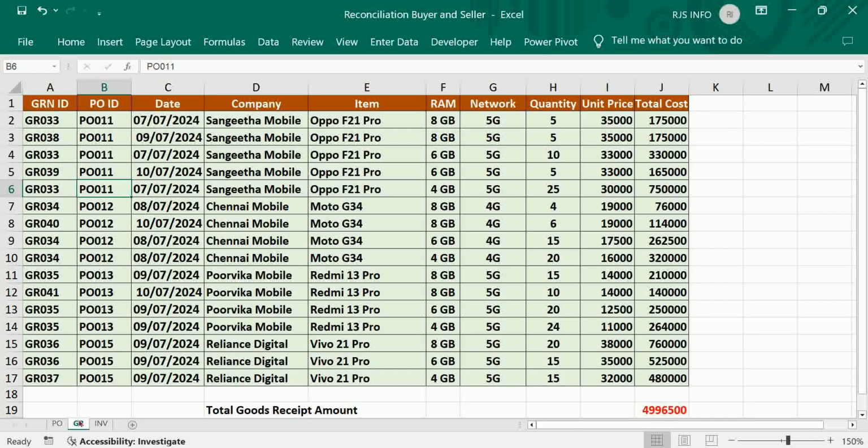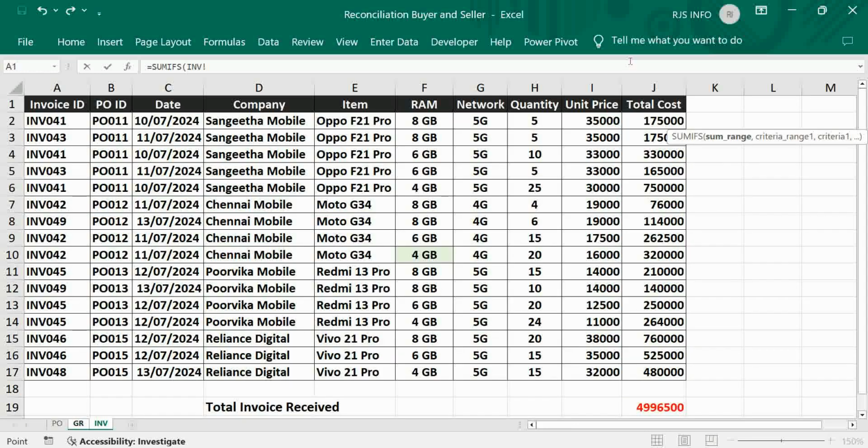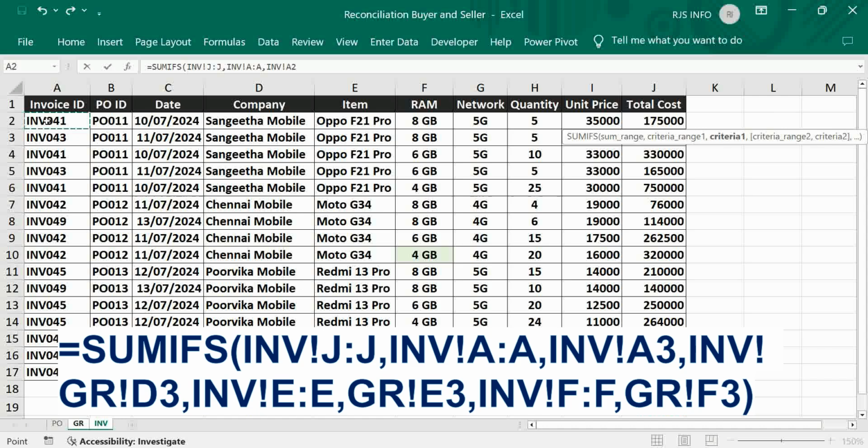GR with invoice received. Only thing is we have to add the invoice number. Then only we can avoid duplicates. SUMIFS total cost of invoice, comma, select entire column of invoice ID, then first row of invoice. This is done. After that,